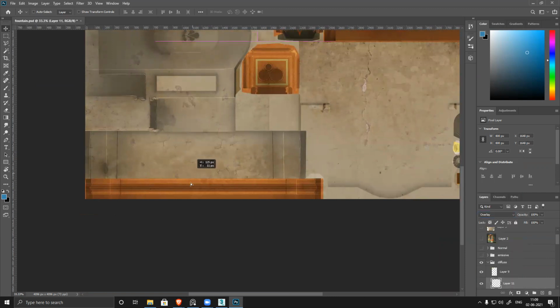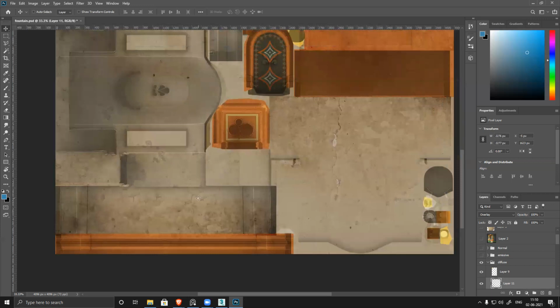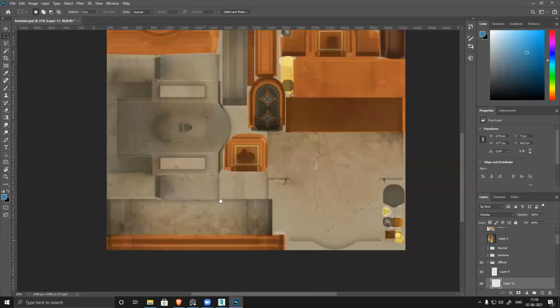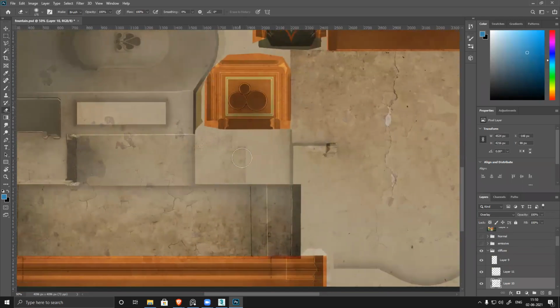Overlay. Because of this, a problem is happening. So either I blend it or I erase it.